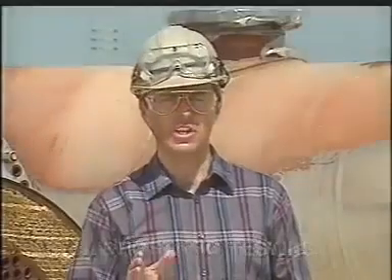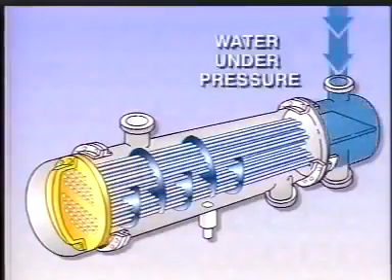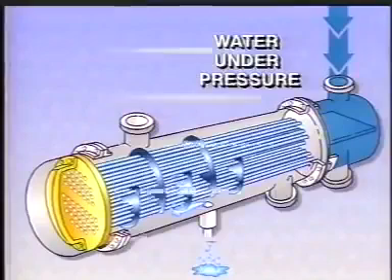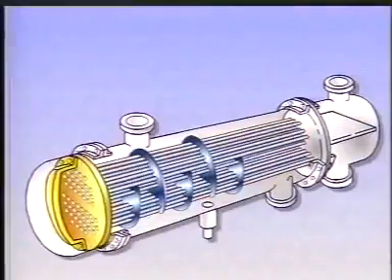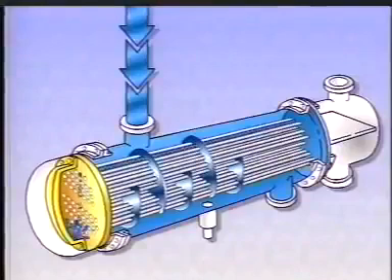Before it can be done, the exchanger must be taken offline and drained. If you're checking for tube side leakage, the tubes are filled with water under pressure. If the tubes or joints are leaking, the water will be forced through the leak points into the shell. If tests indicate a leak, the exchanger must be partially dismantled to determine its source. To find a leaking tube, the shell is filled with water under pressure. This water will enter the tube at the point of the leak and then run out the tube end. By watching the tube sheet, you can often tell exactly which tube is leaking.